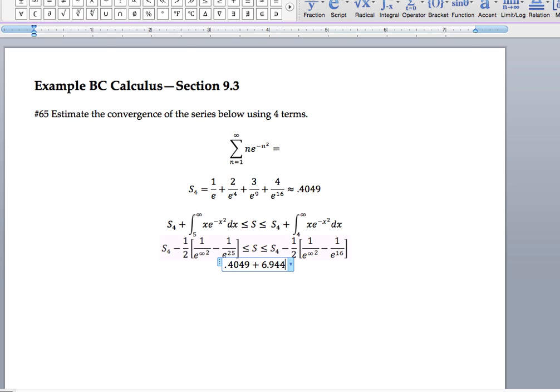944 times 10 raised to the negative 12th power. That's not going to affect anything for the estimation. Remember, in AP land we only want thousandths rounding, so that's going to be pretty much plus 0 there for us. And then on the other side we have 0.4049 plus, I think it was a little bit more significant here. I got 5.627